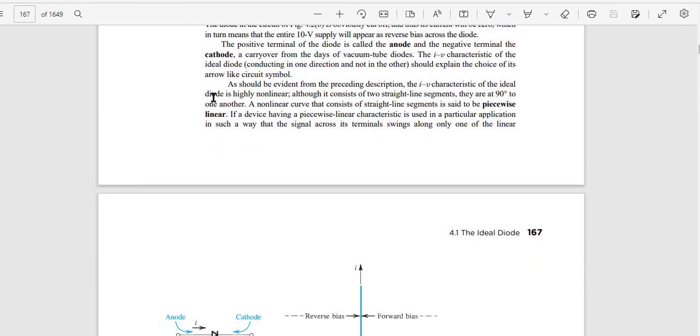As should be evident from the preceding description, the IV characteristic of the ideal diode is highly nonlinear. Although it consists of two straight line segments, they are at 90 degrees to one another, and a nonlinear curve that consists of straight line segments is said to be piecewise linear. If a device having a piecewise linear characteristic is used in a particular application in such a way that the signal across its terminals swings along one of the linear